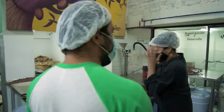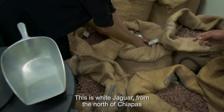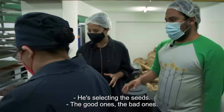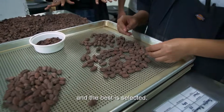We're wearing our caps because, healthy first. We work with different kinds of beans. Este es Blanco Jaguar. It's from Mostuacán, Chiapas. This is from Selva Lacandona. Y está seleccionando las semillas. Las buenas, las malas. Sacamos lo que se puede considerar como pachitas y se selecciona lo mejor para...